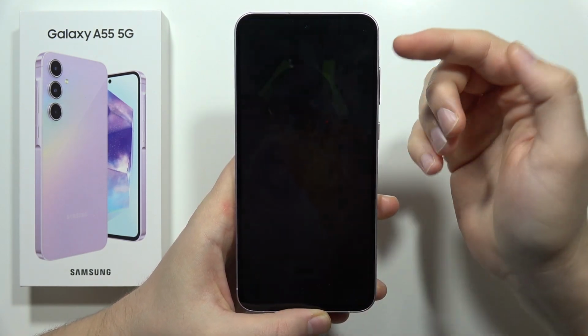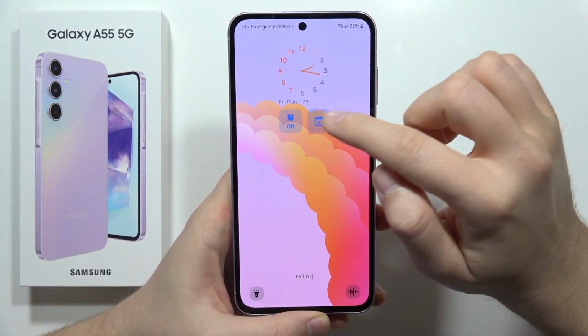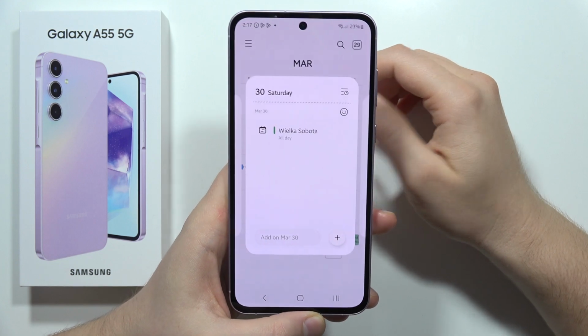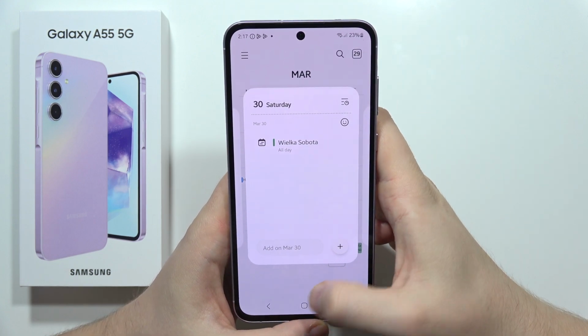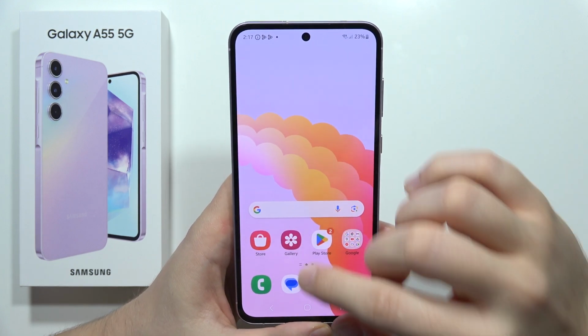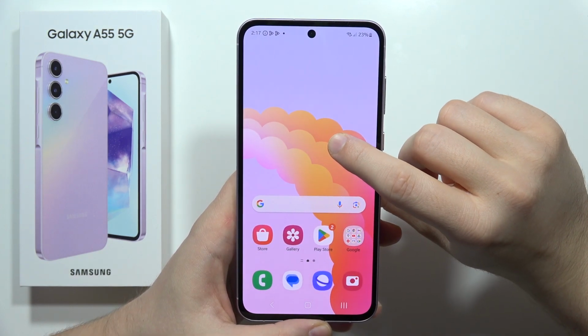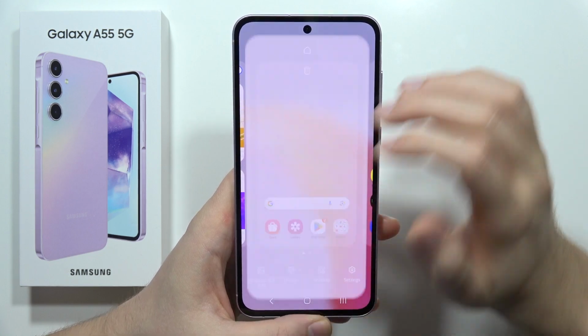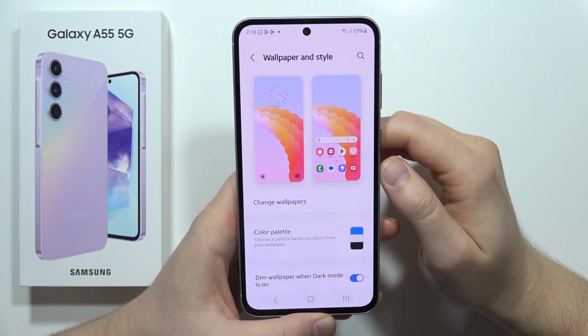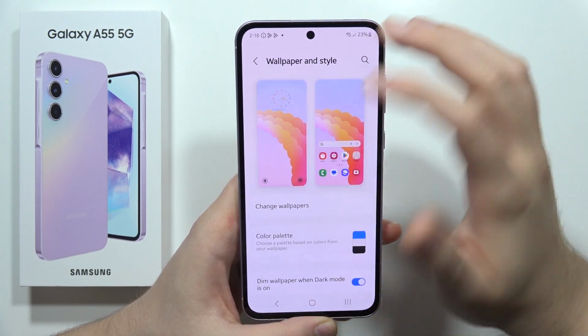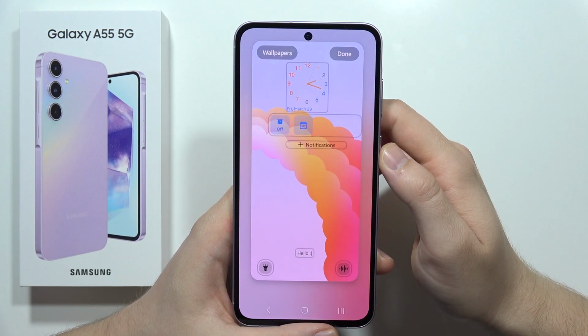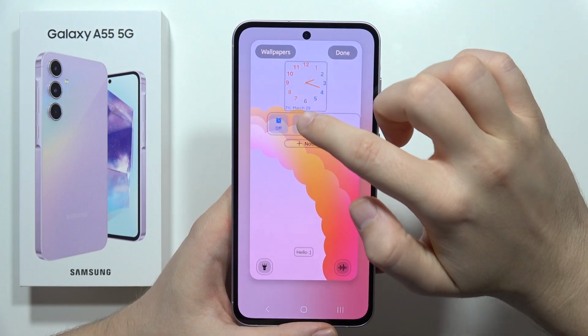Hey, if you want to add or, for example, remove lock screen widgets on the Samsung Galaxy A55 5G, first of all you have to go into the home screen and click and hold with your finger on the empty space, and then select the wallpaper and style in the bottom left corner. Now from this you have to click on the lock screen,